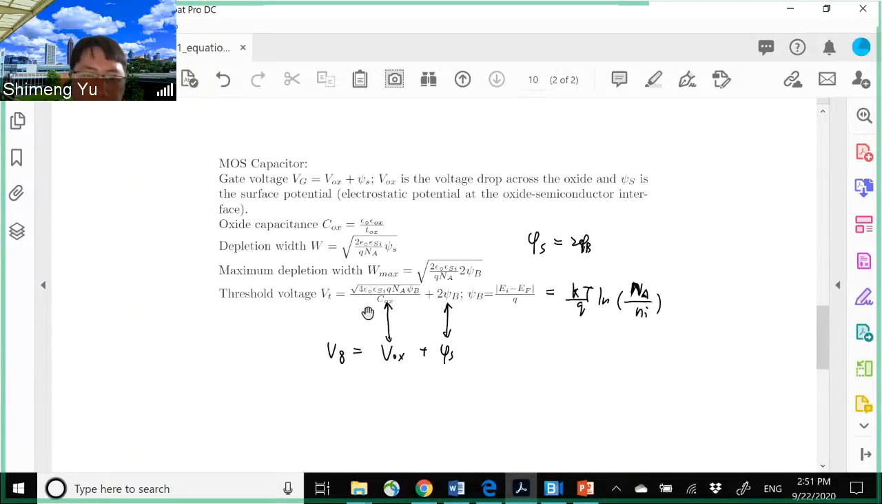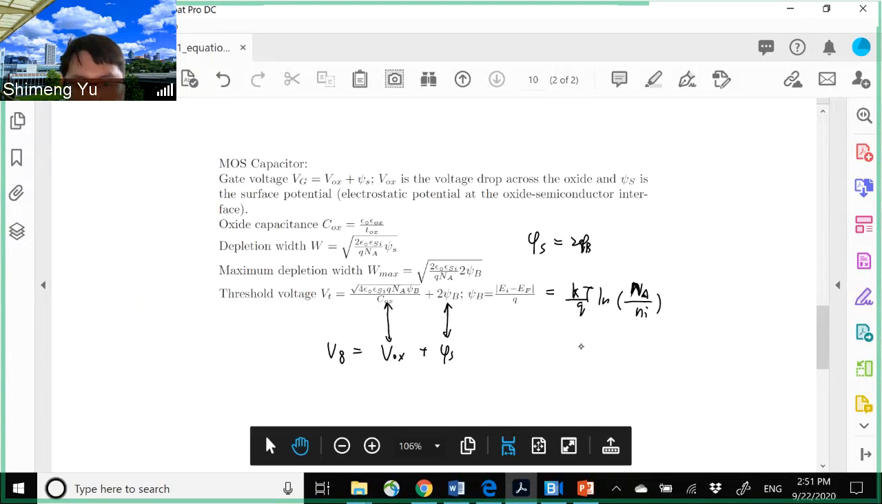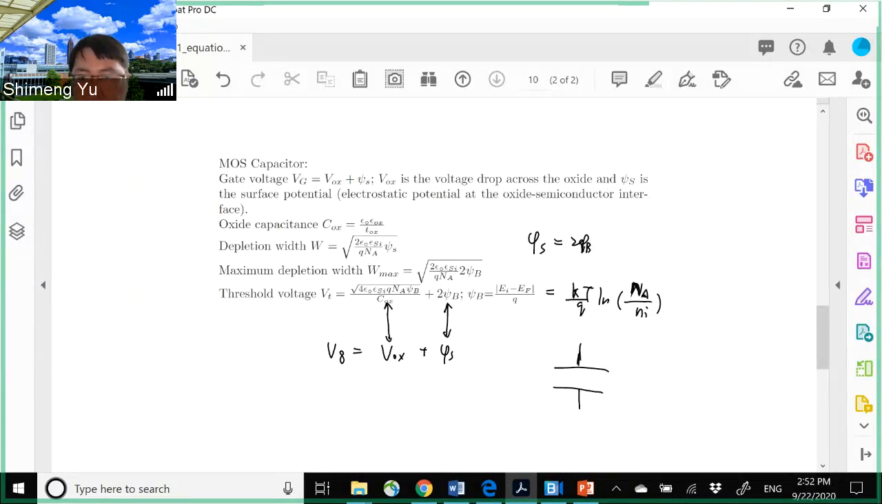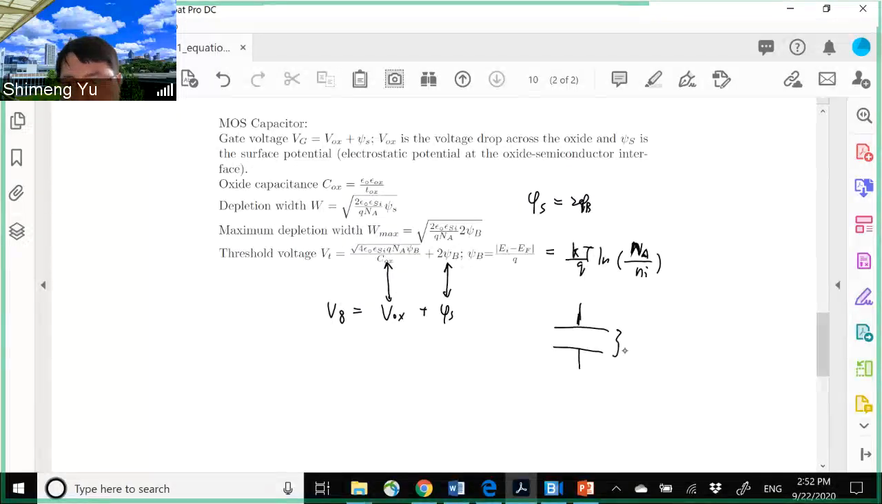So for the threshold voltage, if you look at this equation, as a designer you can only change the doping and the thickness of the capacitor. You cannot change other parameters because the others are physical constants. So for a MOS cap, if you want to change the threshold, as a device engineer you can only change the thickness of the oxide and the doping of the substrate. For this semiconductor, we have the Na. You can only change those two numbers, because the TOX will affect the COX,